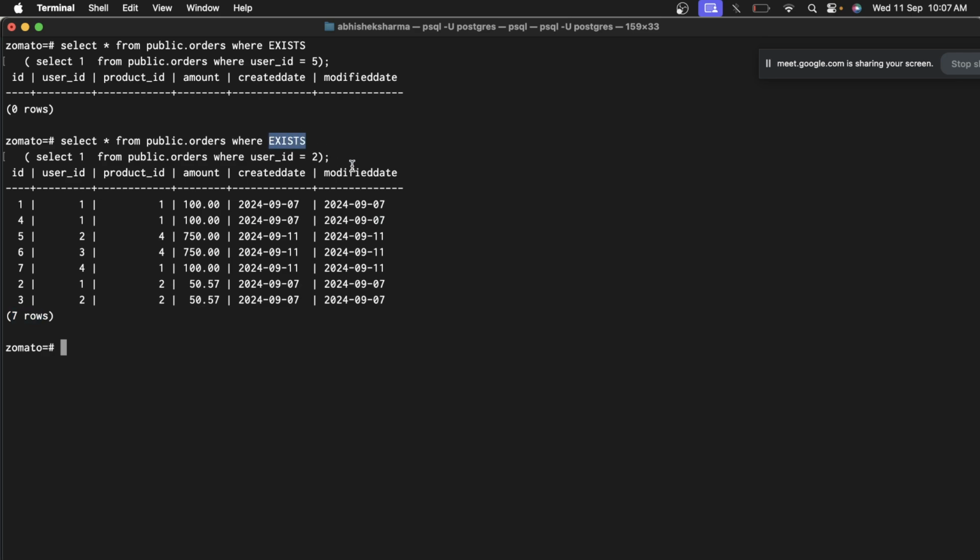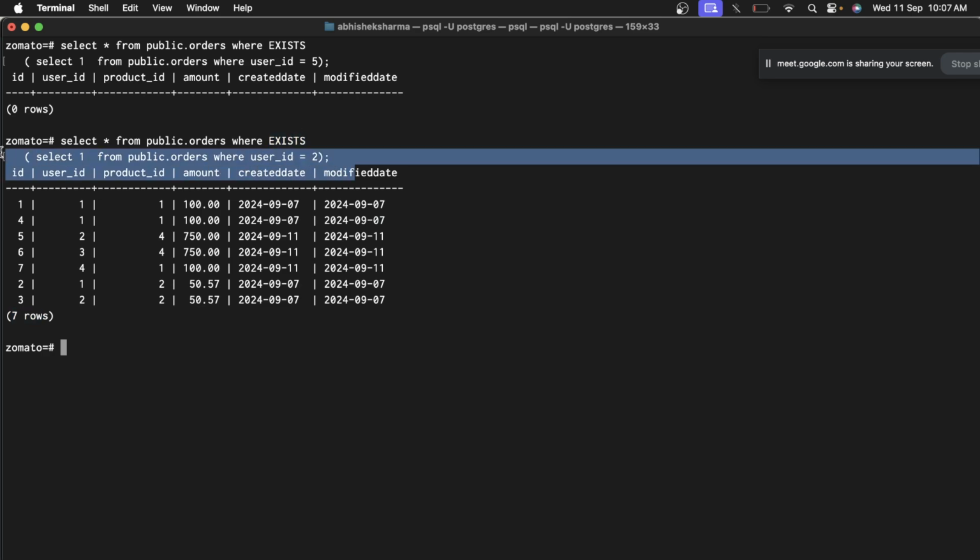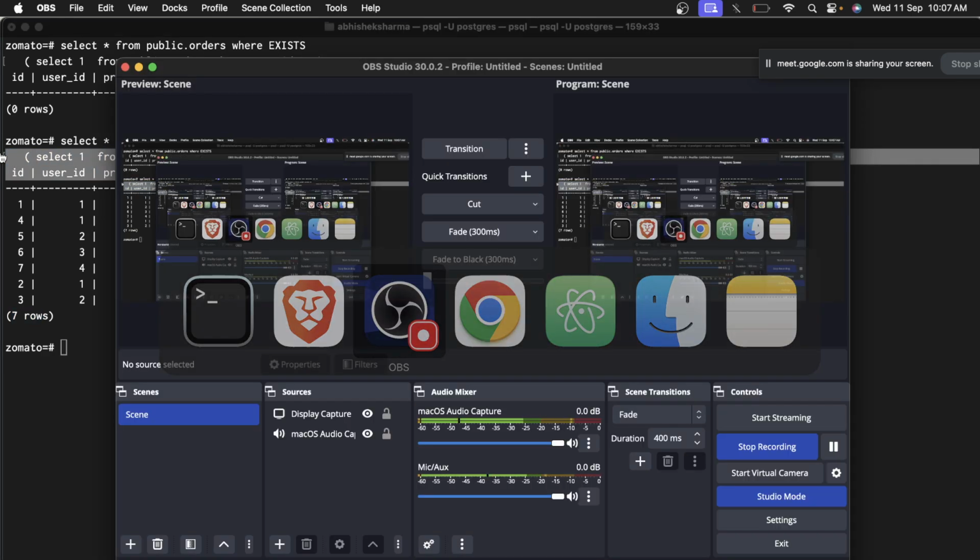So this is the way we write the EXISTS subquery. Cool. Okay, let me stop the